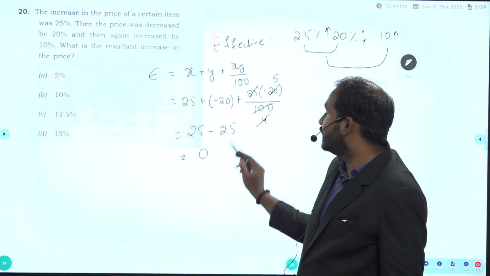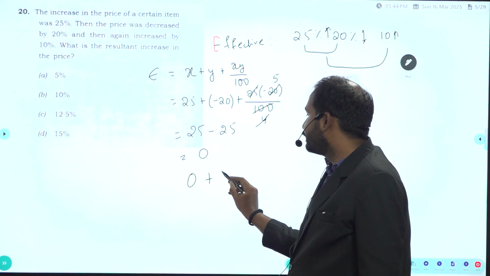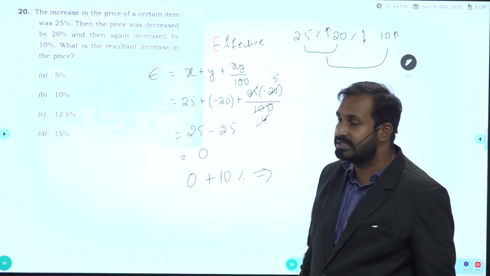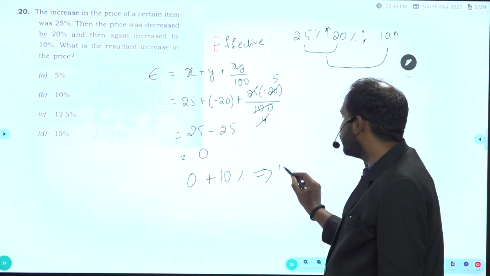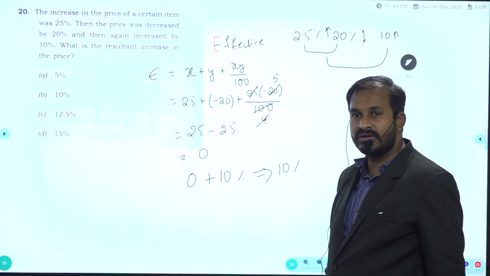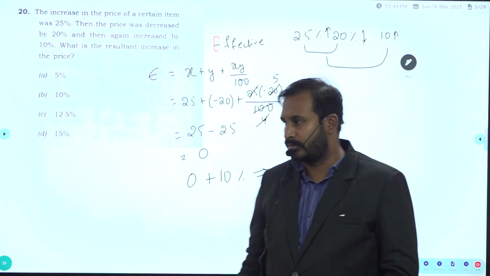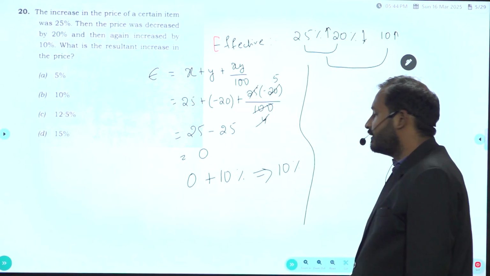Now, once again, anyway it is 0, right? And next it is increased by 10%. So overall what has happened to the increase? There is an overall increase of 10% here. This is the general method to solve the problem. The same thing, if we do it a little bit differently,